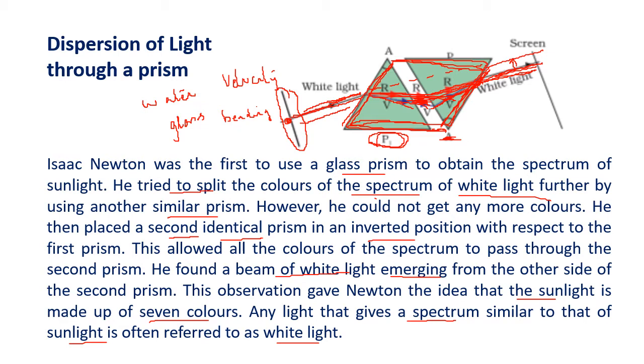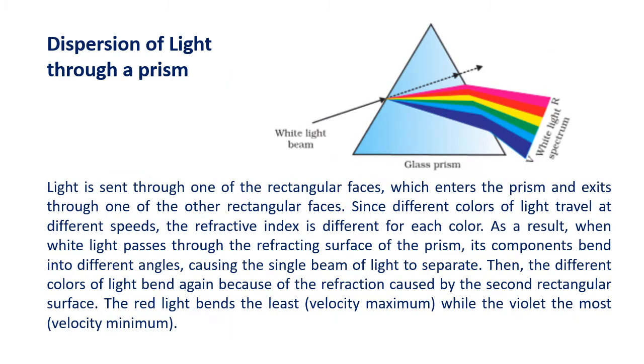So this is how nature has worked. This is what happens in a prism. The prism is also refracting the light, means bending the light, deviation. But along with deviation, now there is a new phenomenon called dispersion of light, that is the breaking of light into 7 different colors. So we see it again, the dispersion of light through a prism, one more time.